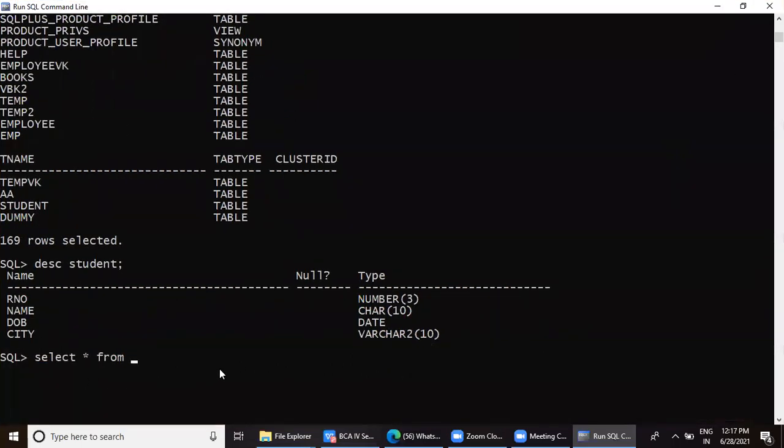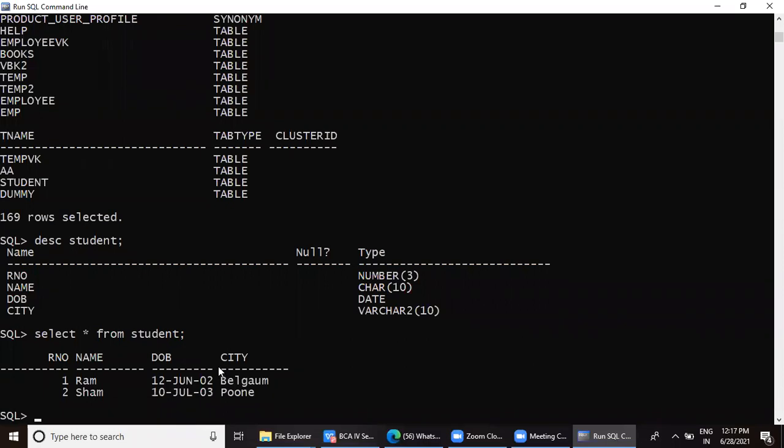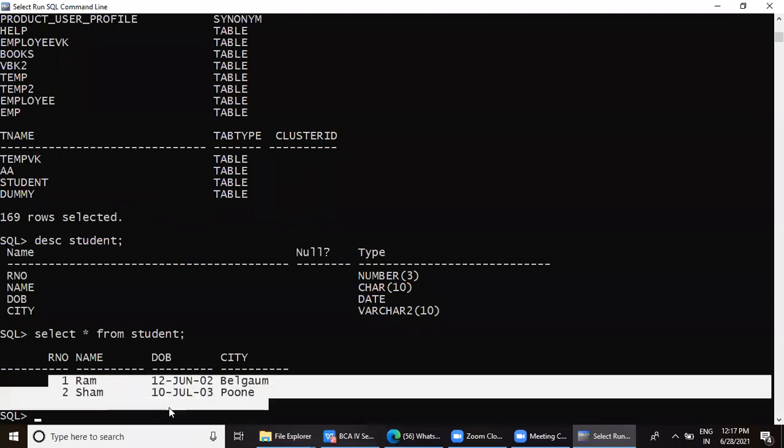Select star from student. Use semicolon and press enter. How many records have I entered here? How many entries do you see? There are only 2 records.